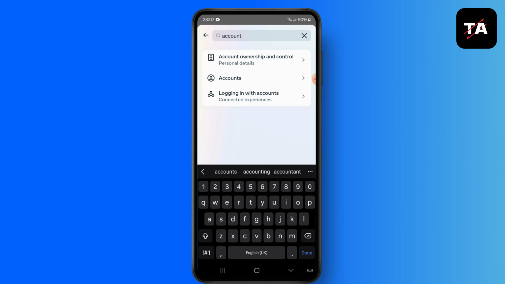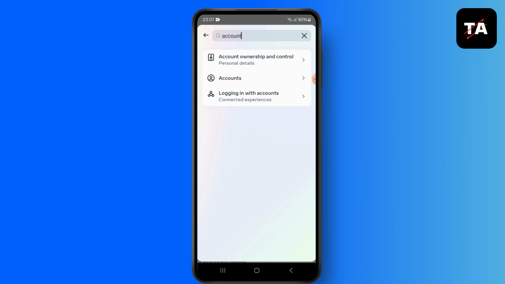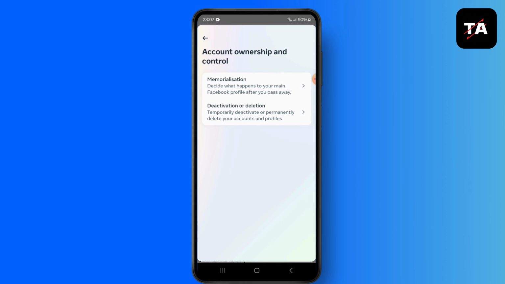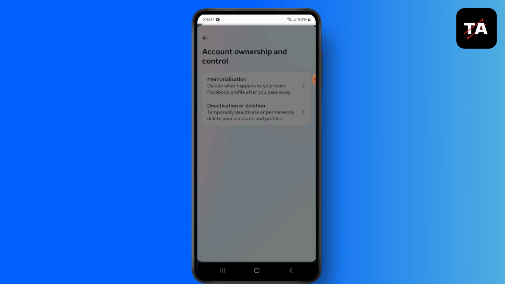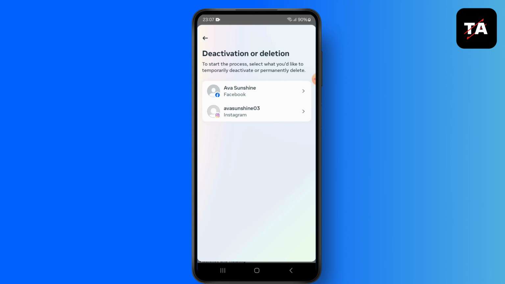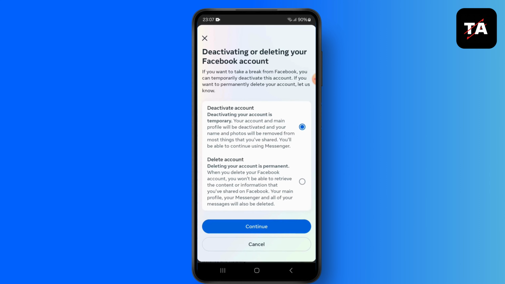and search accounts and click on account ownership and control, and here click on deactivation or deletion. So you want to delete Facebook account, so click on Facebook and simply choose the option of deactivate account and press on continue and re-enter your password and your account will